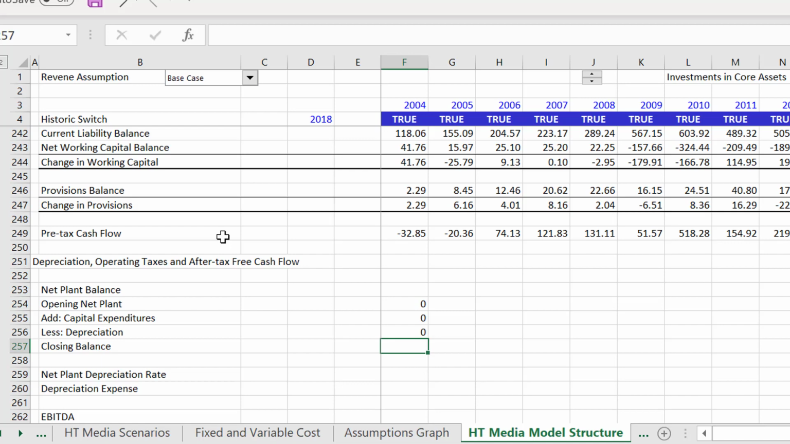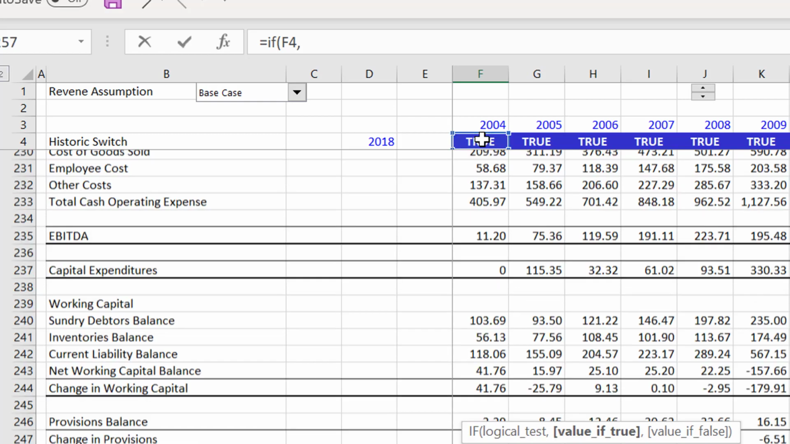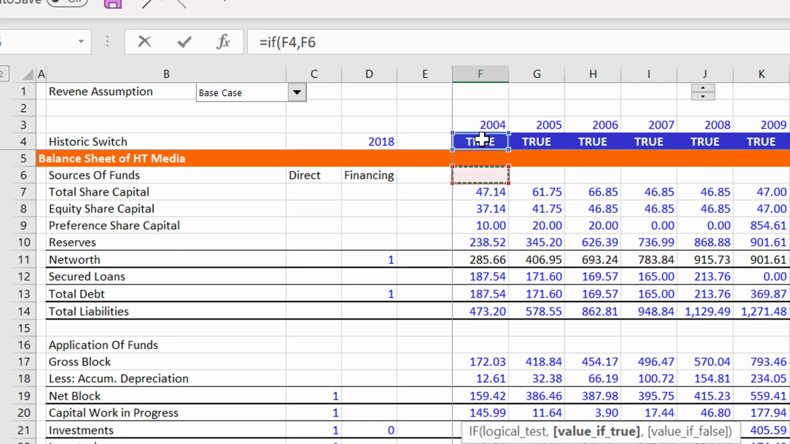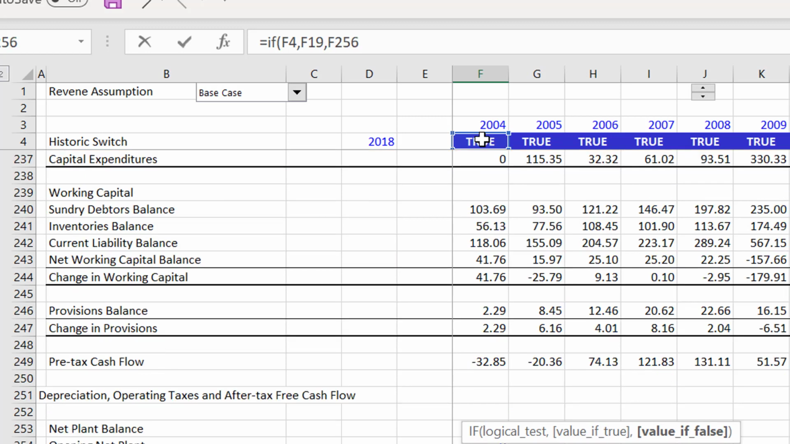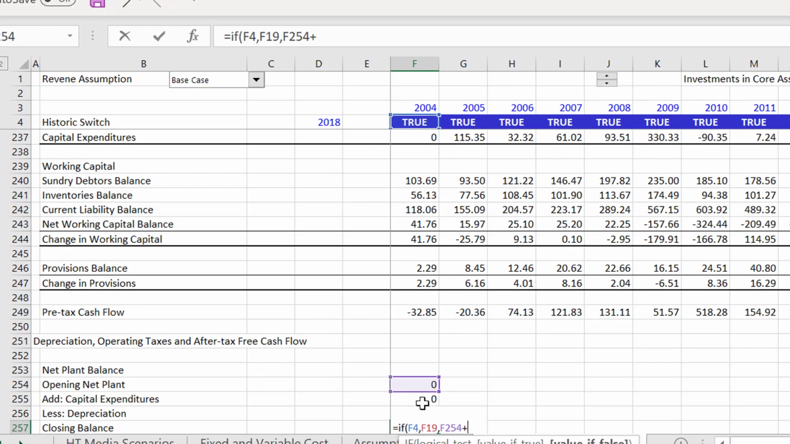And now we have the big calculation. We put if it's the historic switch, then, with a comma, we go all the way up to the balance sheet. This is why putting these things in different sheets would be so bad. If it's the historic switch, we just take the actual balance. Otherwise, you take the opening balance plus the